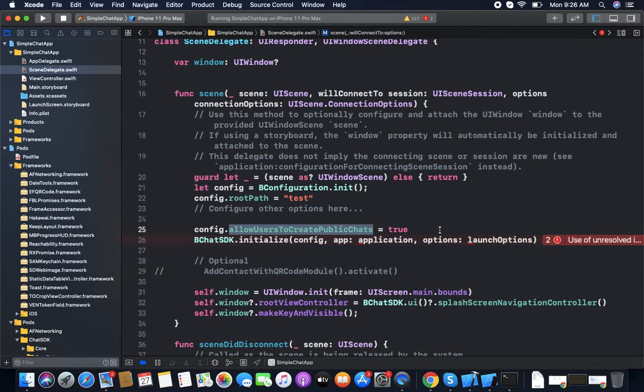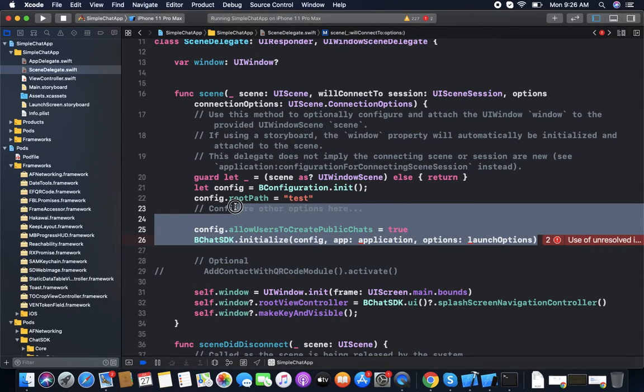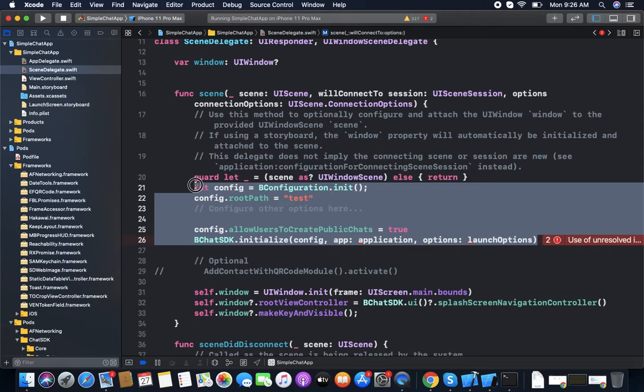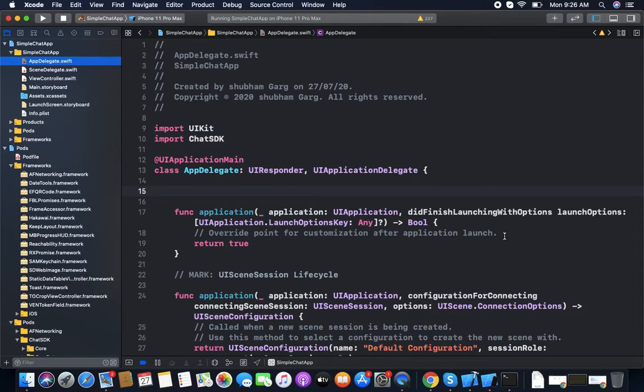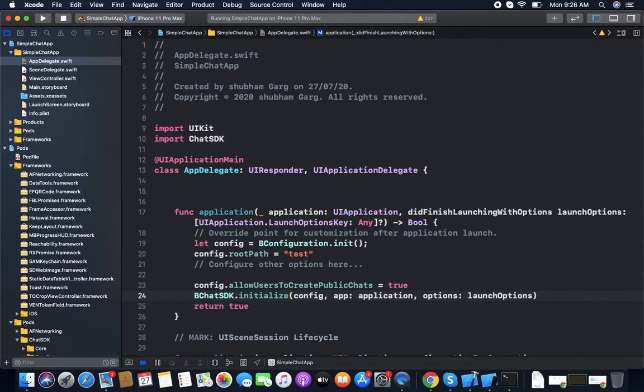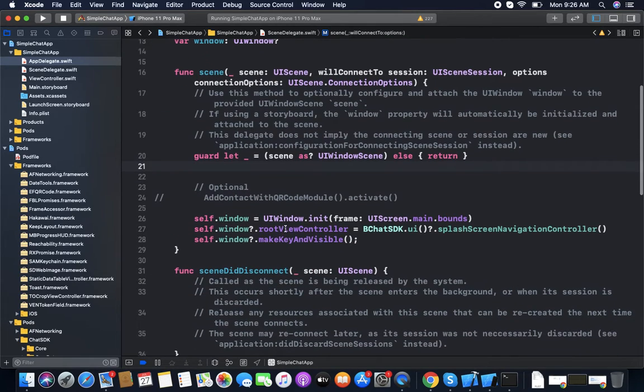For initializing the SDK, we need the application and launch options, which we get only in the app delegate in didFinishLaunching. So we will initialize the code there. After that, we are creating a window object and setting the root view controller as the chat splash screen navigation controller.